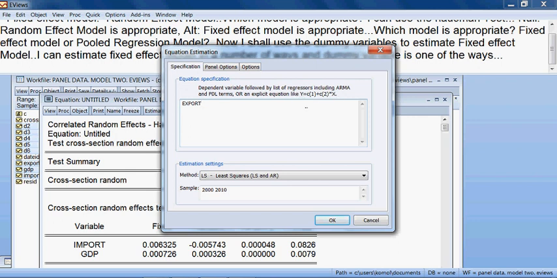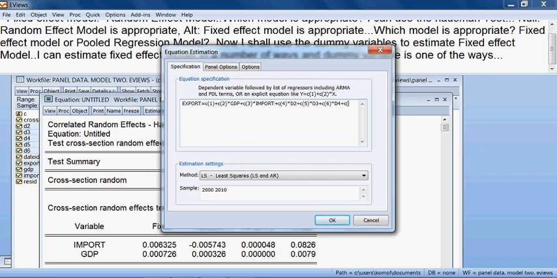Export equals C1, the intercept, plus C2, the coefficient of GDP, plus C3, the coefficient of import, and then I take C4 as the coefficient of our first dummy variable D2, plus C5 is the coefficient of dummy variable D3, and then C6 is the coefficient of dummy variable D4,